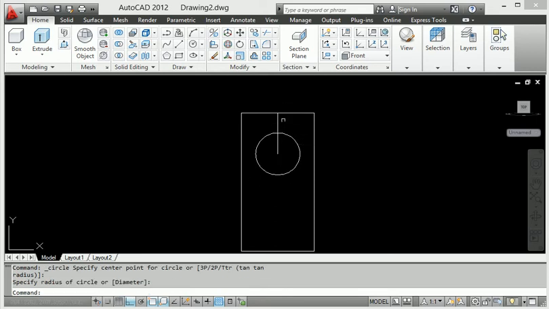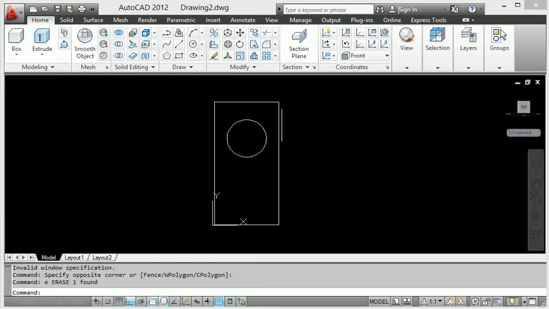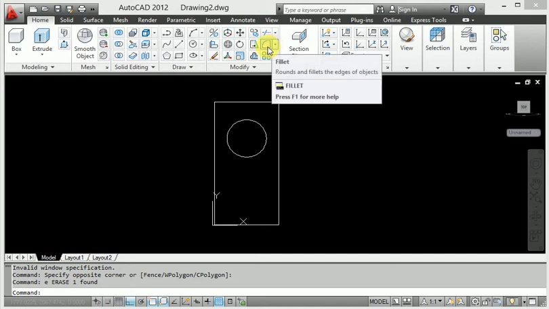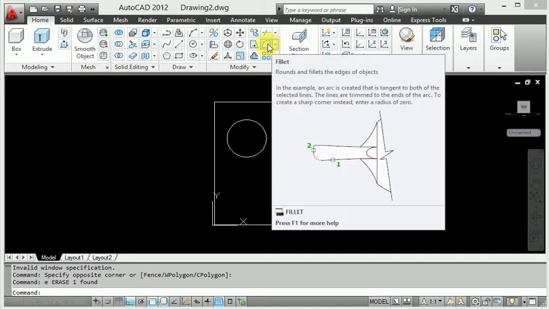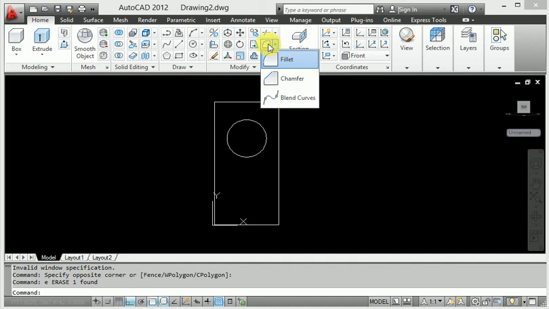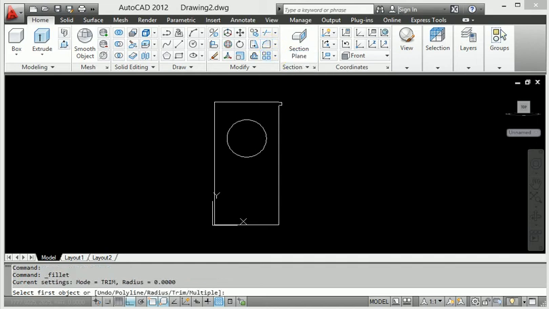Make it particular and delete. So here we can see that I use the fillet and chamfer, whatever our diagram needs. When I provide the chamfer or fillet, how much distance will we provide? When I decide the fillet, I enter the fillet command and R, Enter, then provide the radius.